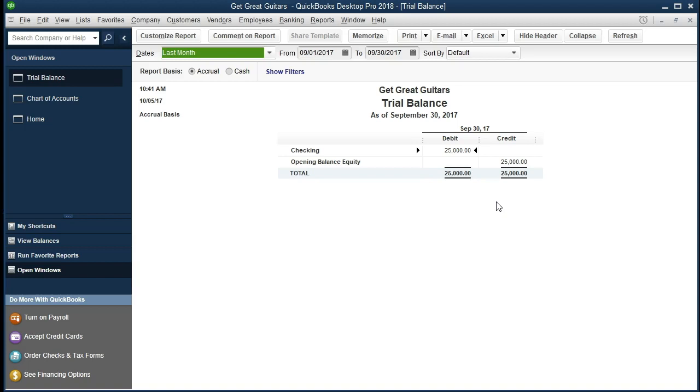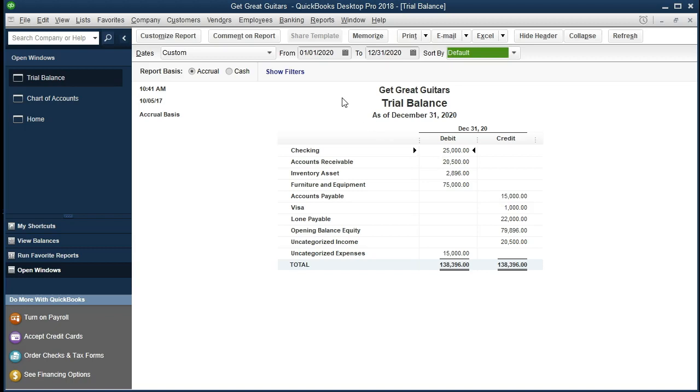I'm going to change the date ranges. I'm going to go from 01/01/20 to 12/31/20. So January 1st, 2020 to 12/31/2020. And then we'll see our balances here. So we got the checking account, 25,000, accounts receivable, inventory, furniture, accounts payable, Visa, loan, and then we've got these